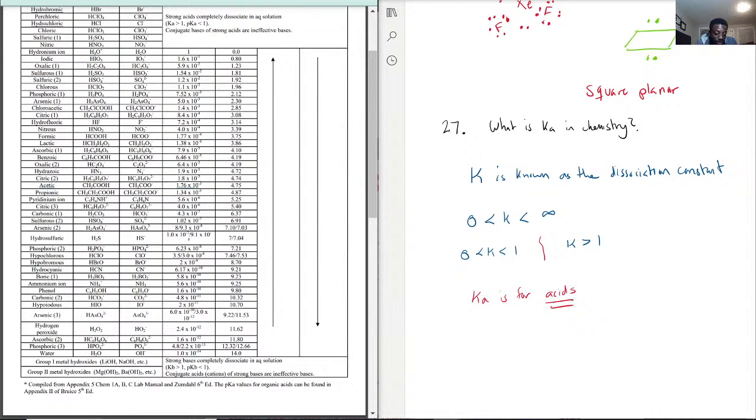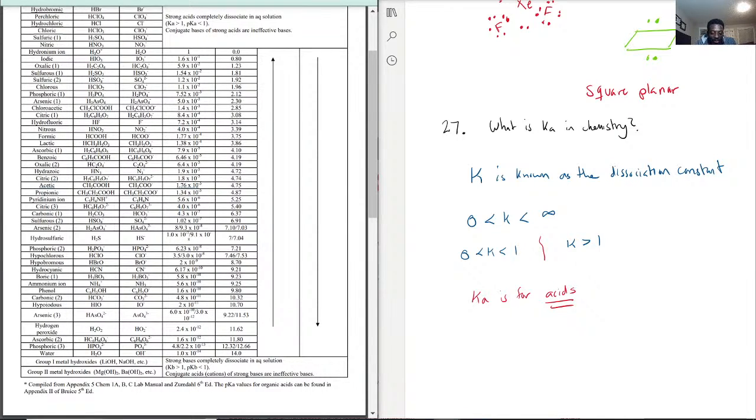That means for every 1 H2O, there's 1 times 10 to the negative 14 of dissociations produced. So you could technically say yes, water is the weakest of acids,